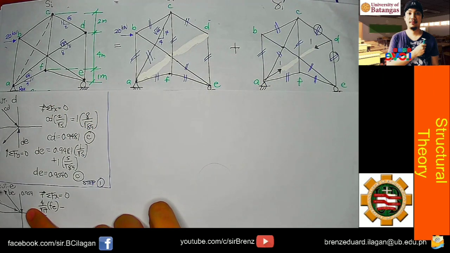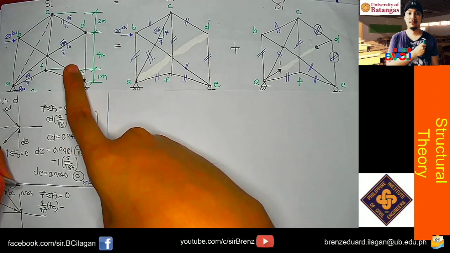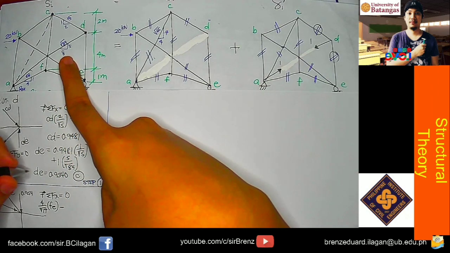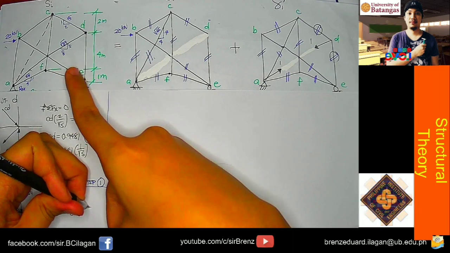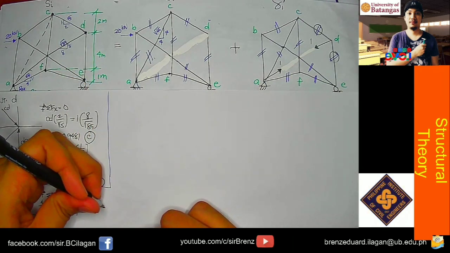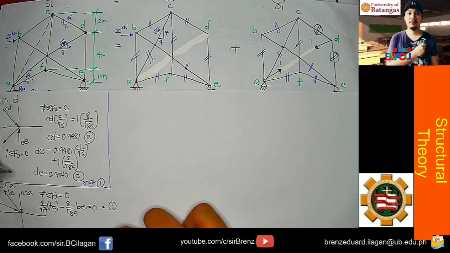And then minus yung BE mo. So ang BE, so summation of forces X, so ito yung slope na gagamitin. Or 8 over square root ng 89 ng BE equals to 0. So this will be our equation number 1, and then yung equation number 2 will be coming from summation of